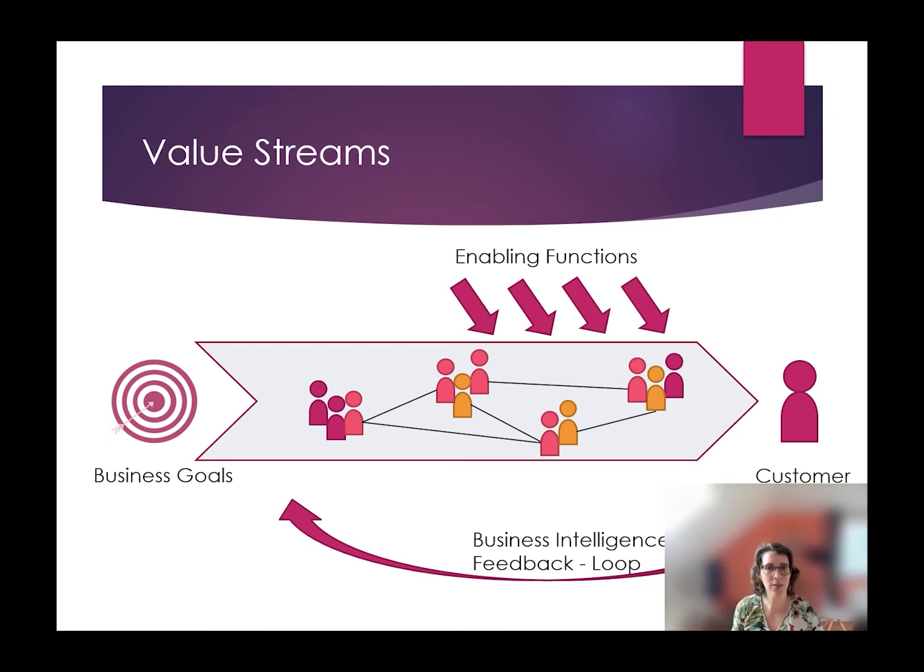And actually the value stream is this idea to say, okay, in order to accomplish a certain business goal, we need these people, we need a network of people of different departments collaborating to achieve that and to bring some value to our customer at the end. So what you want to do is to organize these people in a value stream and say, okay, you are still related as a kind of guild to your original function, but from a business perspective, you are organized through this business goal. So you do not have any blocks in the silos in between, but you have really the full free road to go and provide your services and solutions.